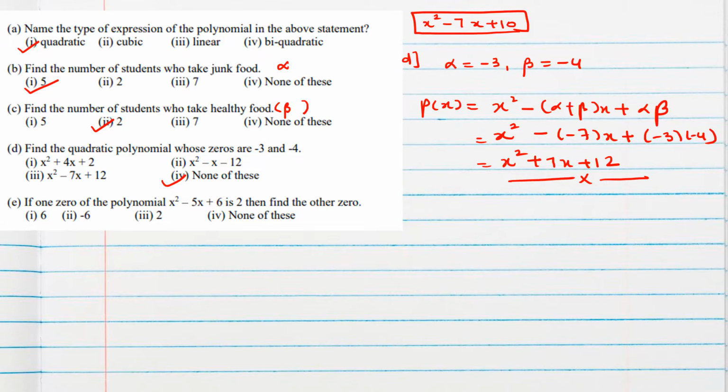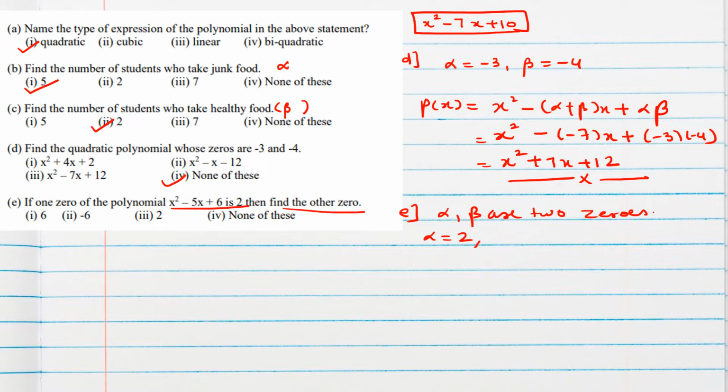Now the next question, question number E. One zero of the polynomial is 2. Means suppose 2, alpha and beta are the 2 zeros. Now see, for a case study type question, no need to show the steps. Okay, I am just explaining for your reference. I am writing for your reference only. Because if you can get it orally, then you can just click the answer, write the correct answer. Okay. So one zero is 2, that is alpha is supposed to be 2, and find the other zero.